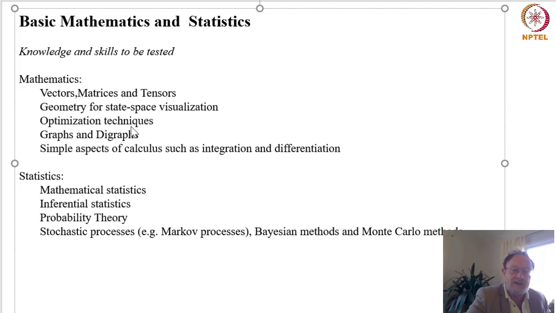some optimization techniques occurring in particular in relation to reinforcement learning. Graphs occur pretty often. So the very basis of graph theory, properties of graphs is important, and also to some extent simple aspects of calculus such as integration and differentiation. So these are the key mathematics topics